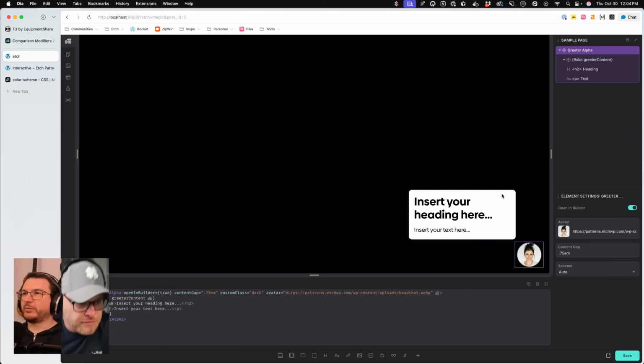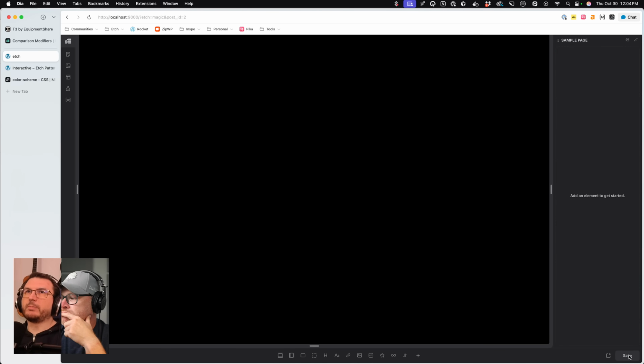Like a proper AI implementation with an AI agent inside of Etch is going to be much better than relying on a browser. There's also a lot of security concerns when it comes to prompt injections. So imagine you're editing a website built with Etch, but it accepts comments from people. People could comment stuff that injects prompts into your AI browser. That's not ideal. I would be very wary of using an AI browser to edit a website that also has external content coming in. Yeah.